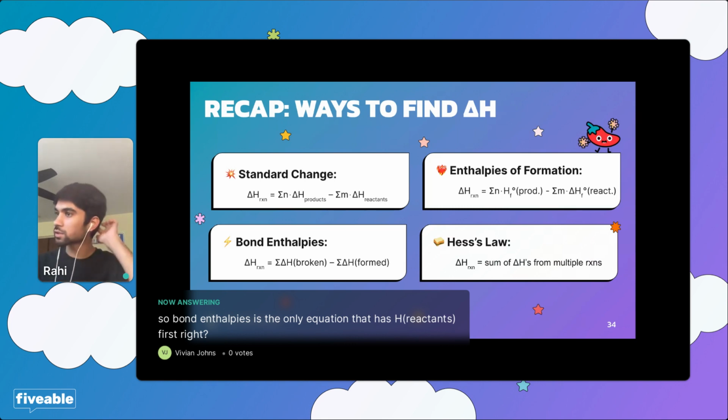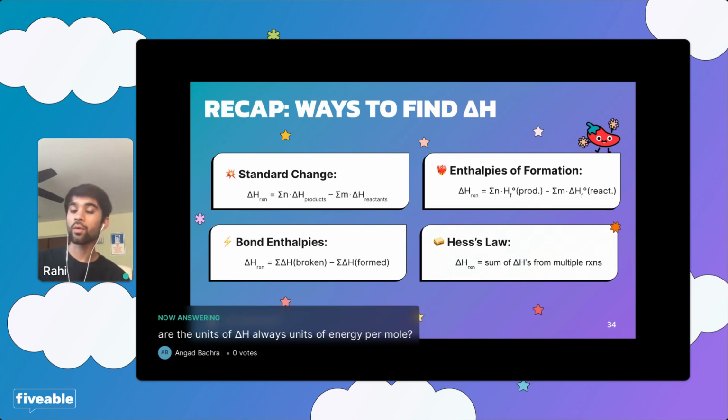Okay, and then the last one that we just did, the one that you loved so much, Hess's law. Hess's law just means we manipulate the reaction. We manipulate subreactions, and we can use the sum of their delta H's, and we can add or subtract depending on the sign, and we can find the overall delta H of the reactions.